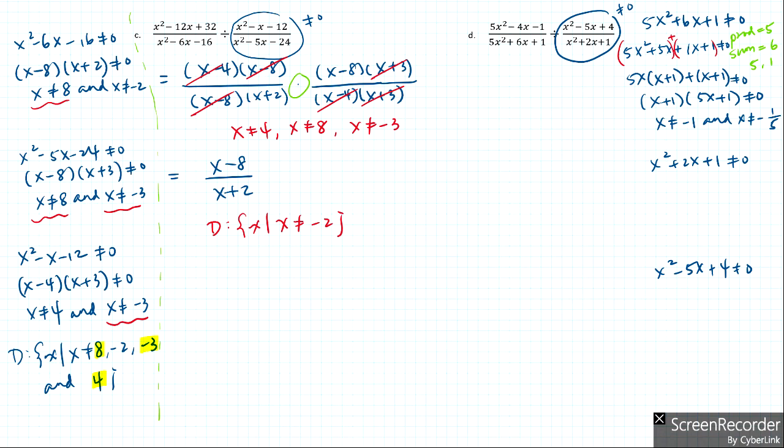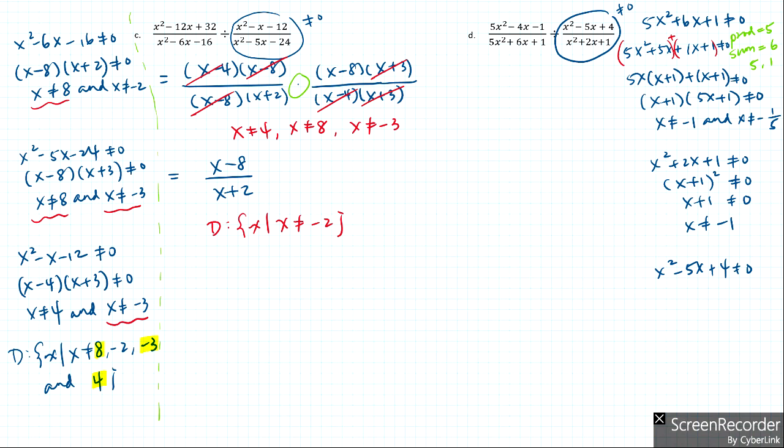For the second restriction, again, if you don't recognize this as a perfect square, you can still get the same result by just finding two numbers that multiply to 1 and add up to 2. Turns out they're both 1s. And if you recognize it, it's a perfect square trinomial. We just have x plus 1 squared doesn't equal 0. And you can use the square root property to get x plus 1 doesn't equal 0, therefore x doesn't equal negative 1. Again, we see that there are some repeated values showing up in the